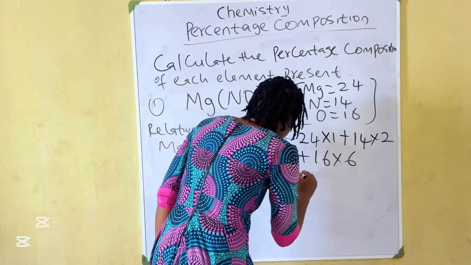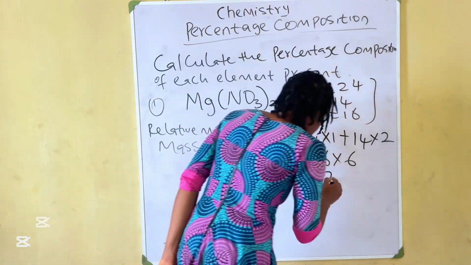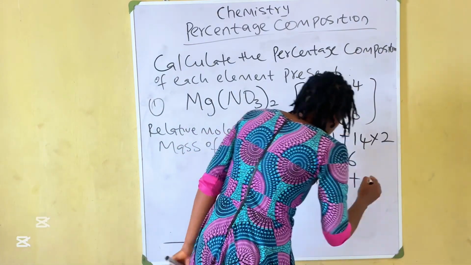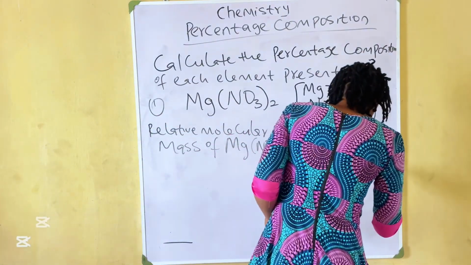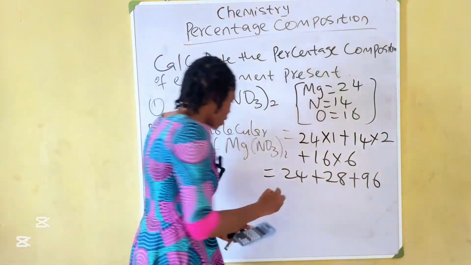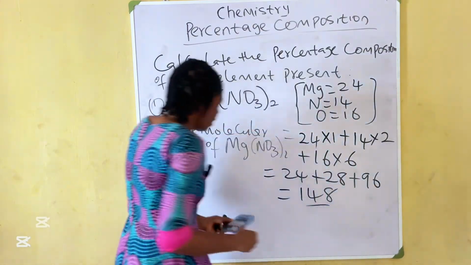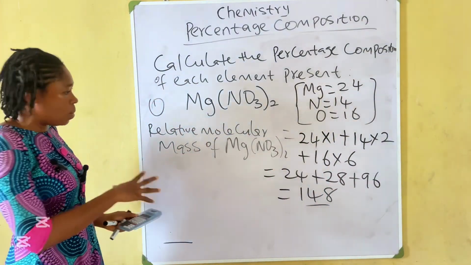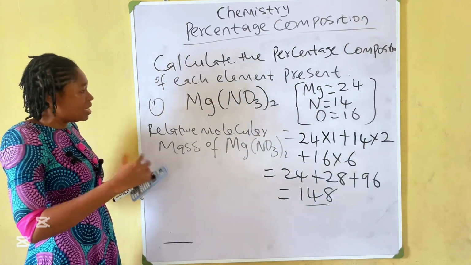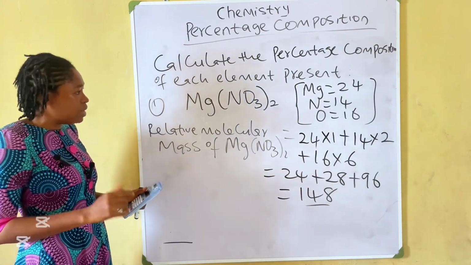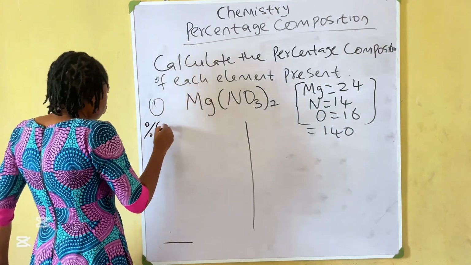24 times 1 is 24. 14 times 2 is what? 28. Plus 16 times 6 is what? 96. The total is 148. 148 is the relative molecular mass of this compound, which is going to help us to calculate the percentage composition of each element present. Formula: percentage composition